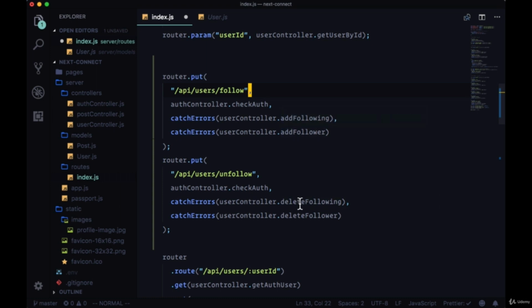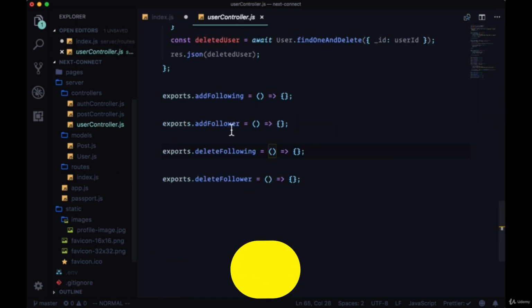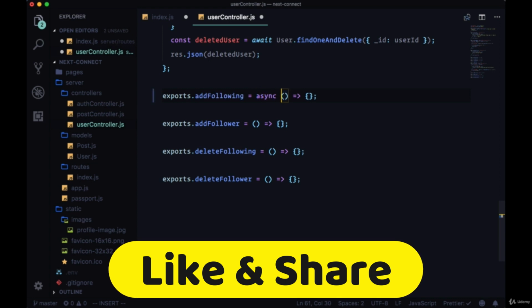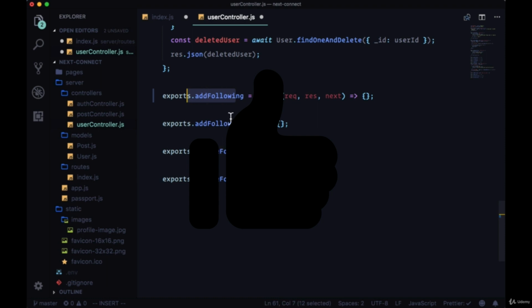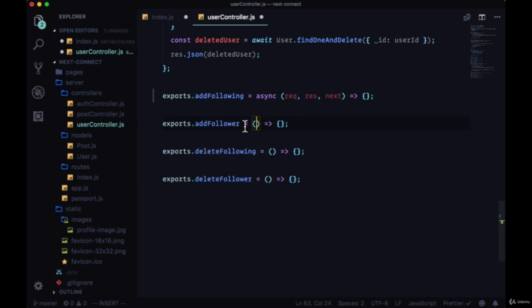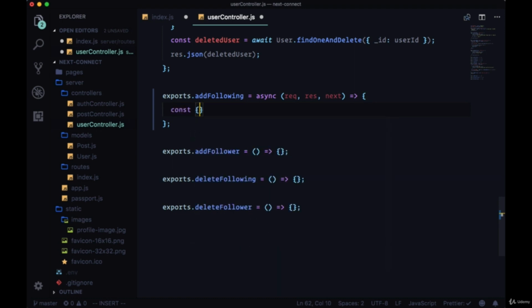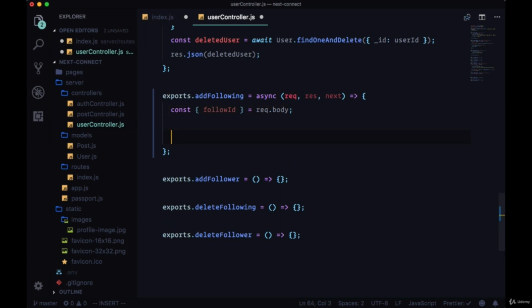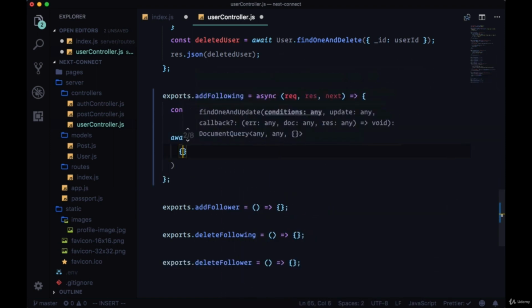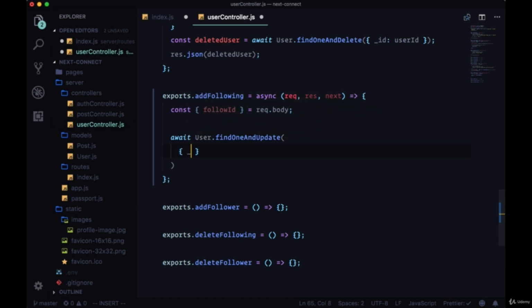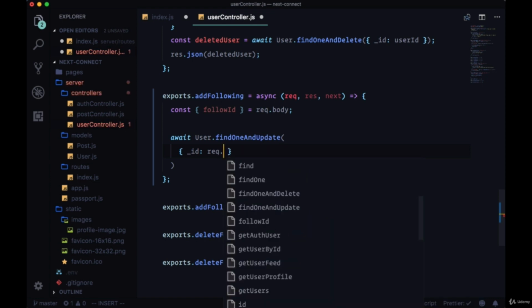So add, remove, remove. So going to our user controller, our add following function will have a request, response, and next. So if add following runs successfully, we want to move on to add follower. So add following will get one thing from the request body, a follow ID. And this is the user that we want to add to the following array. So we'll say await User.findOneAndUpdate. And we'll find a user, in fact our currently authenticated user, by their ID. So we'll set ID to